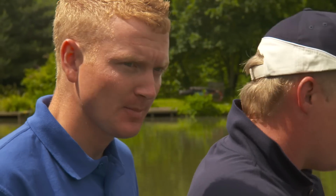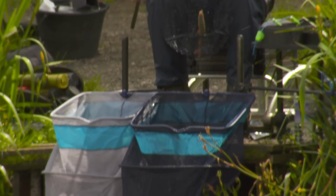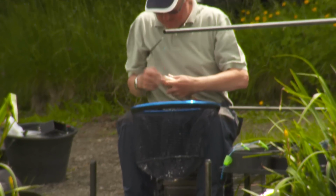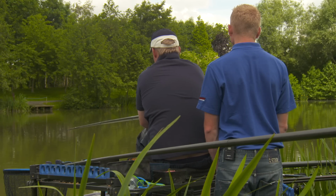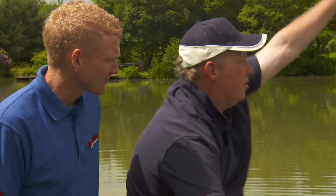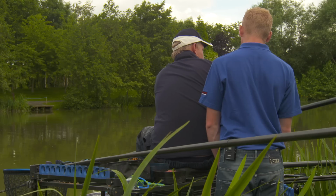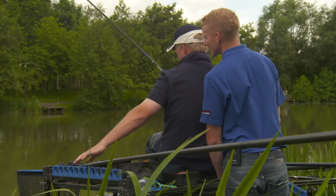And would you expect your peg to get stronger? I mean, Neil's gone in and caught some big chub and some big F1s from the start. Are you worried about him catching well to start with? No, I think this will come. It's already showing signs. There's bubbles. I think as the day goes on, the fish will get bigger. We'll catch some skimmers. We'll catch some F1s, and hopefully I'll try and